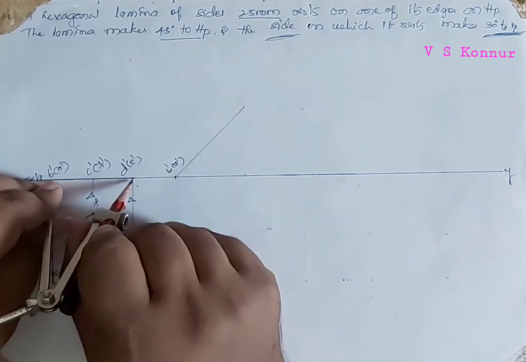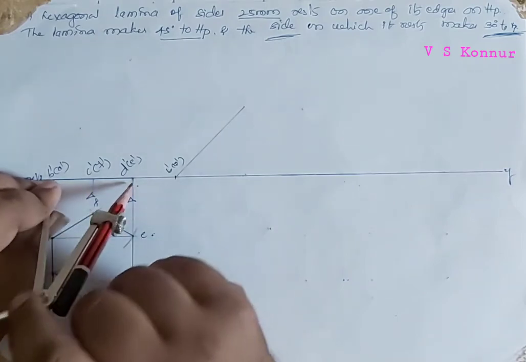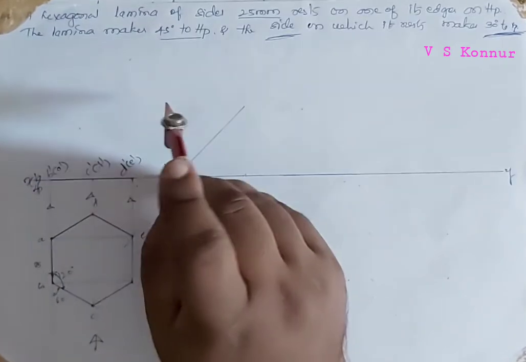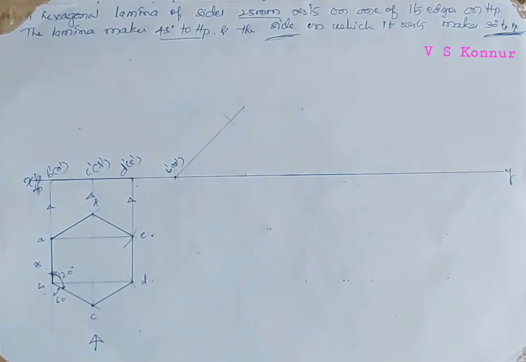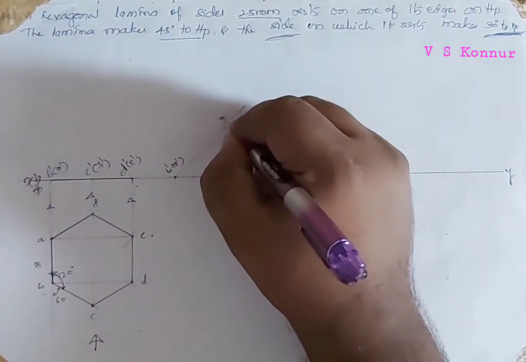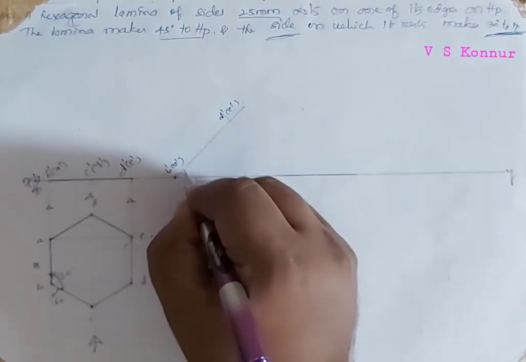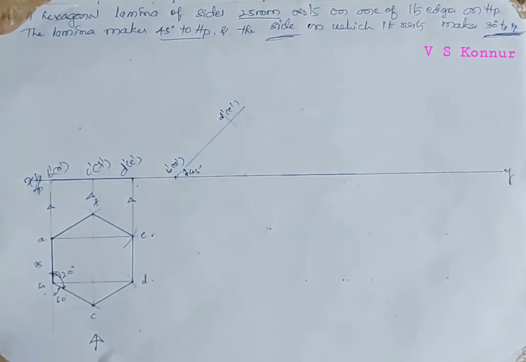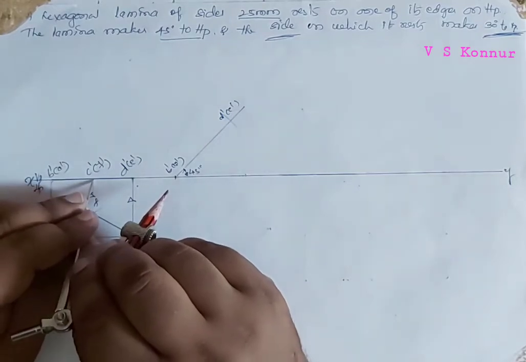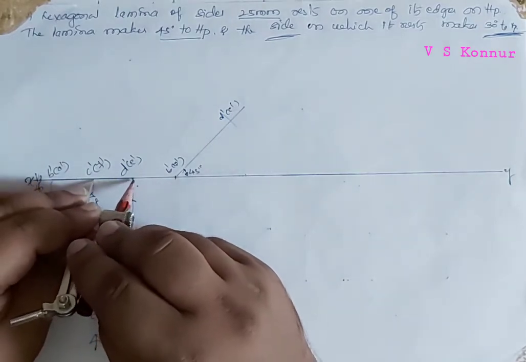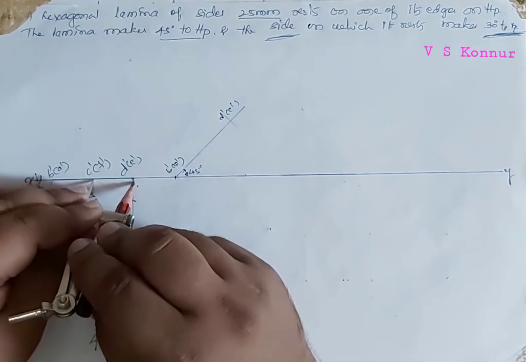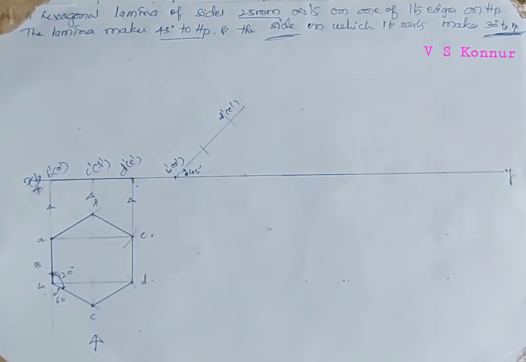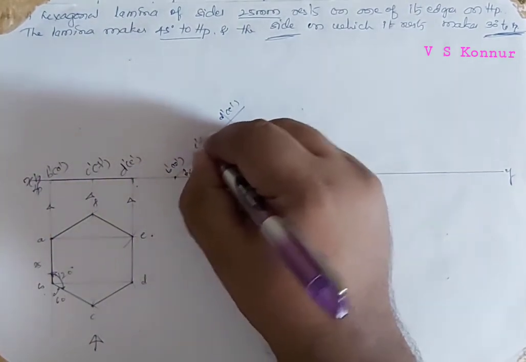So now I have taken the distance of B dash, A dash to D dash, E dash. Keeping it at the B dash, A dash point, I will cut this 45 degree line and we will get the D dash, E dash points. So this is the 45 degree line, and then the other distance we have to take from C dash, F dash. Cut it from any side because both have the same length. So we'll get C dash, F dash here.